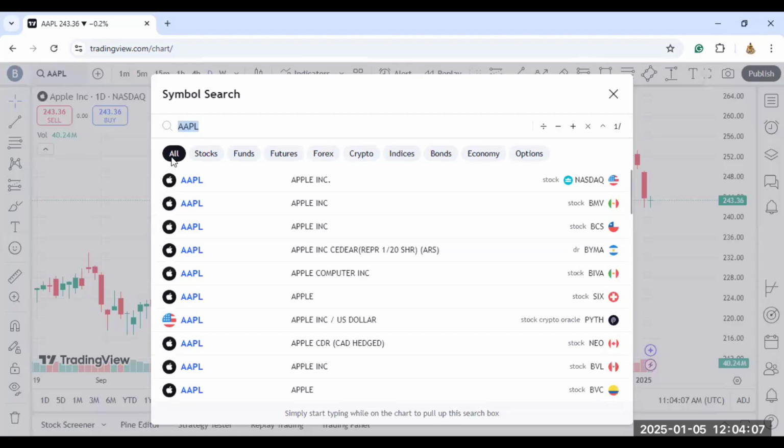You see, it's bringing out everything, any tradable instrument that you are seeing, and funds, and futures, and Forex, and crypto, indices, bonds, about the economy, options trading, plenty. I'm interested in Forex. That is where I base. But you can also use it to analyze your stock, and you can use it to analyze your crypto. Okay. But I am interested in the Forex market. So I'll click on